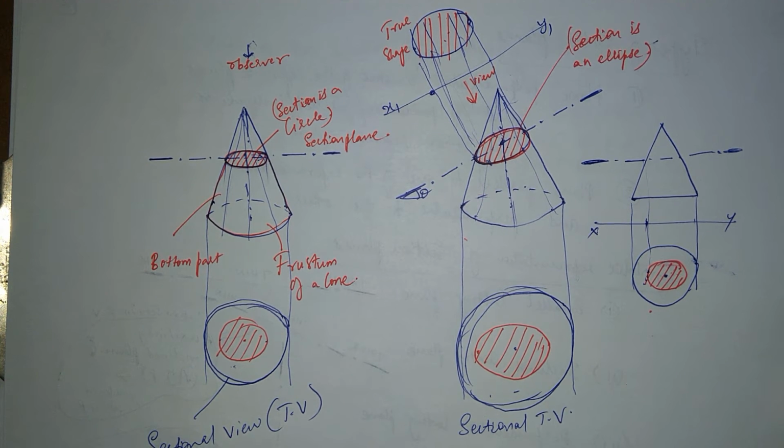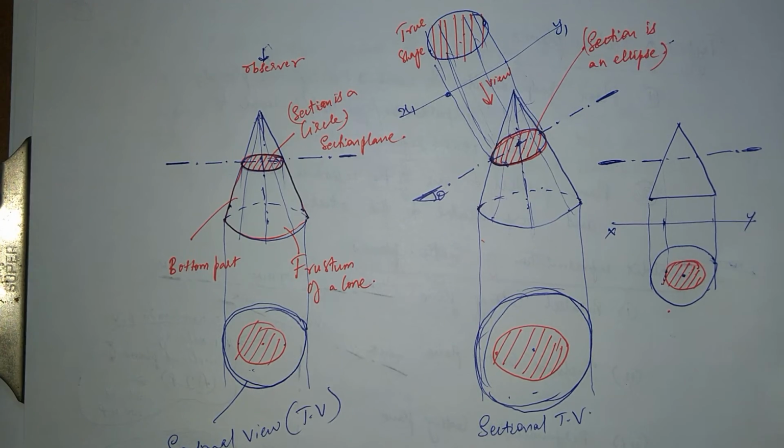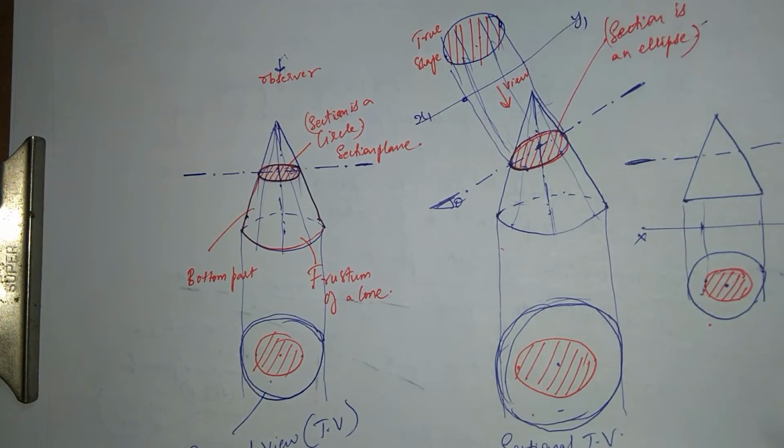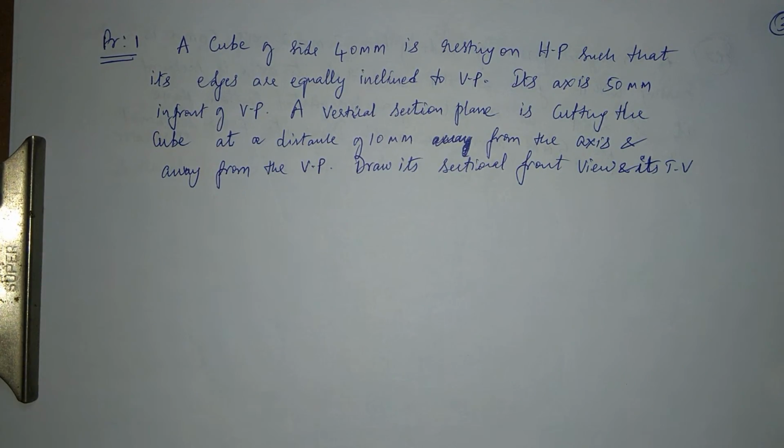We would do the same as what we have done with the cone. With cones you have seen how a section looks, but we would do the same for a prism, a pyramid and a cylinder as well. Alright, we'll move on and get into the problems. Do you get a hang of what we're going to do?